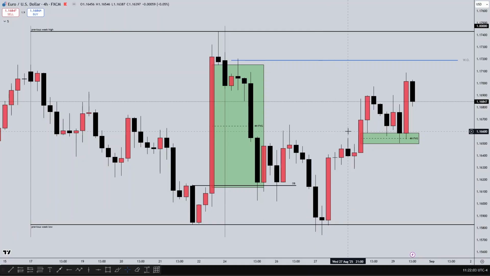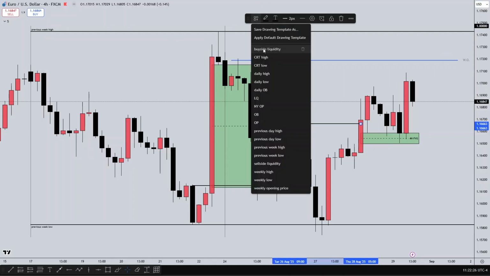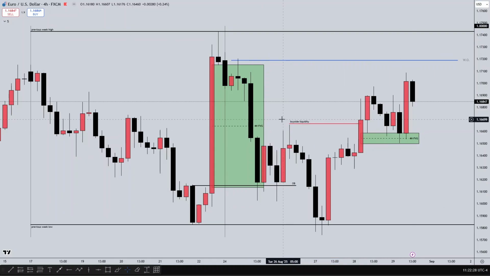Just for more confirmation, you can still use the weekly and the 4 hour, because if price were to run the previous week low, you just wait for a 15-minute shift to catch that first move that will lead to the shift in structure. Your target should be this buy side liquidity as your first trade,